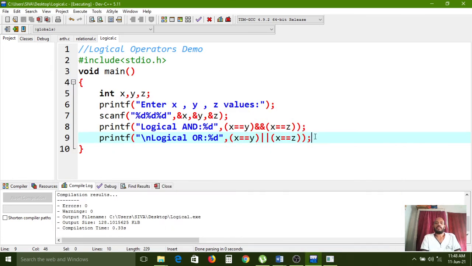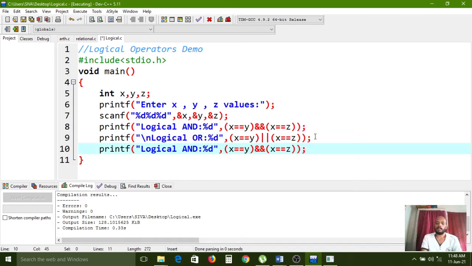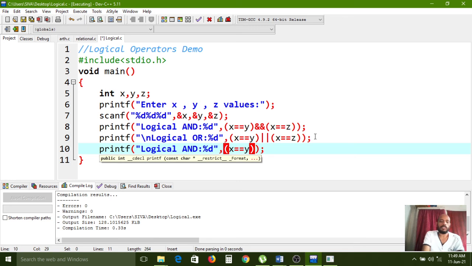So here I am using one more printf function. It is the logical not operator, nothing but reverse. Okay. Here I am removing one statement. Carefully observe here. x equal to y, the condition is true. So if you place the logical not operator there, then it will print in the reverse way.